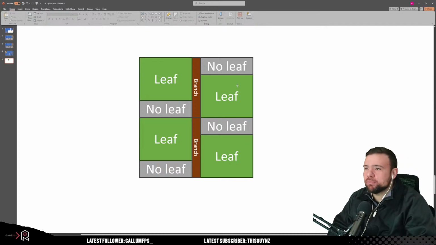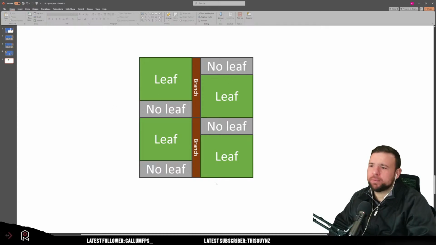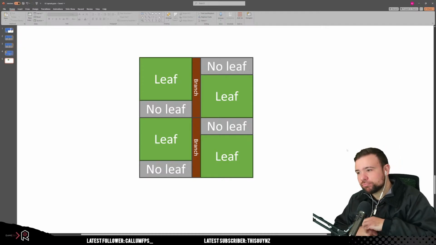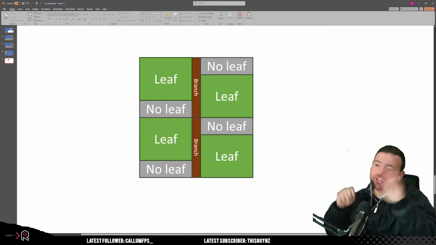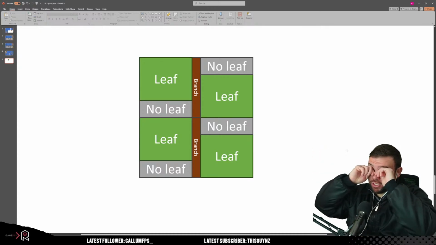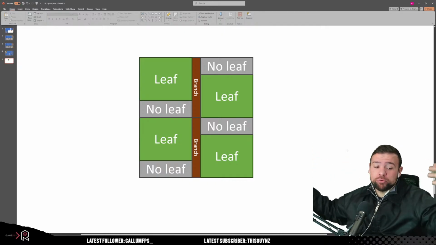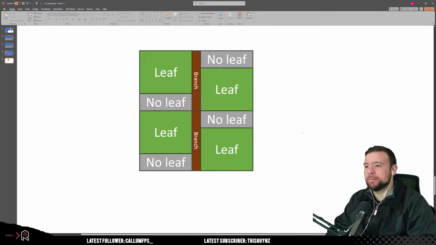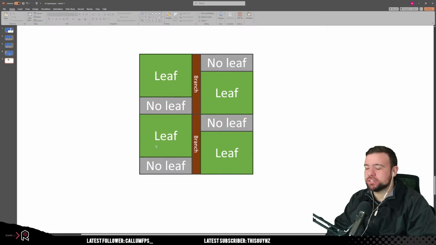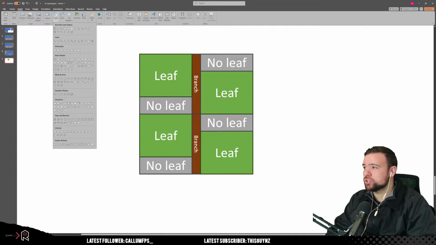Okay, and each of them will have a unique background. Well, we're gonna make a tile set. This is effectively what our tile set's gonna have to look like. It's gonna have to be no leaf tiles and leaf tiles and a branch tile that I can extend up in the middle. Right. And then on top of the leaves, we put the rooms, right? But we first need to physically grow the leaves, so make space for a room to exist. As soon as there's space, I can then do the next thing. Okay, so we need these three, and then on top of it, I need to create a new shape